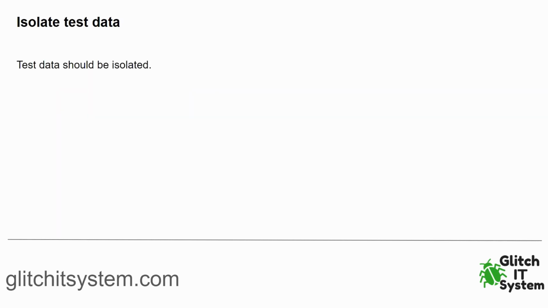Isolate test data. Test data should be isolated. You do not want to share test data between tests that read versus read, write, and edit the data. Remember, you want to be able to run any test in any order. So let's say one test adds a new row to the inventory, and then another test deletes that row that you added. That breaks the first rule we had, that tests should not be dependent on each other, because the second test would fail automatically